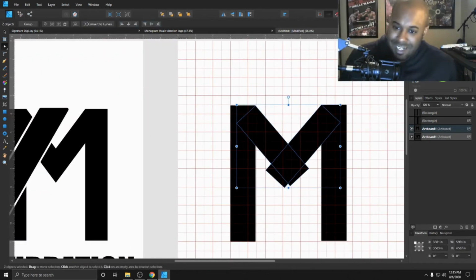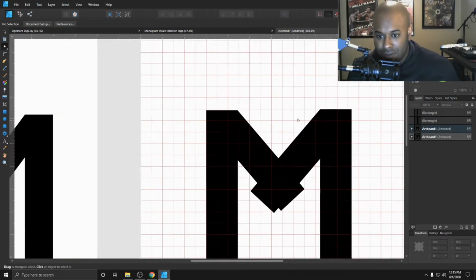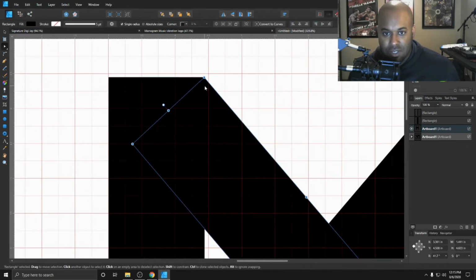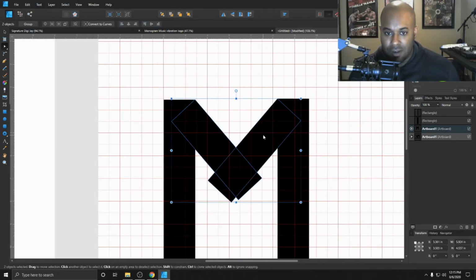All right, so now I'm back. So what we pretty much have here is I got everything lined up the way I wanted to. And basically you want to intersect these at the same point. As soon as you get them aligned at the top right here, because when you align them, you'll see the lines intersect at the very top right here. You'll see the blue lines intersect, and that means you got it exactly where you need to. So now, since you got both of these where you want it, you select both of the points right here,